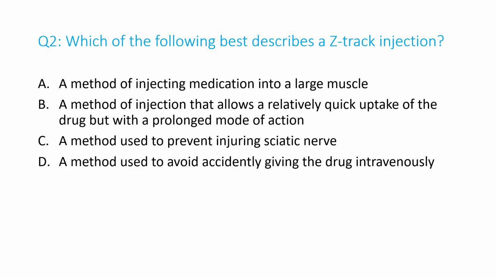Number 2. Which of the following best describes a Z-track injection? A. A method of injecting medication into a large muscle. B. A method of injection that allows a relatively quick uptake of drug but with a prolonged mode of action. C. A method used to prevent injuring sciatic nerve. D. A method used to avoid accidentally giving the drug intravenously. And the answer is